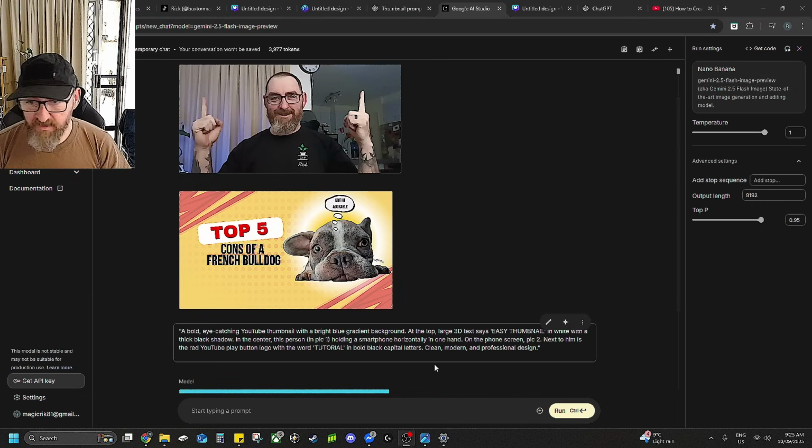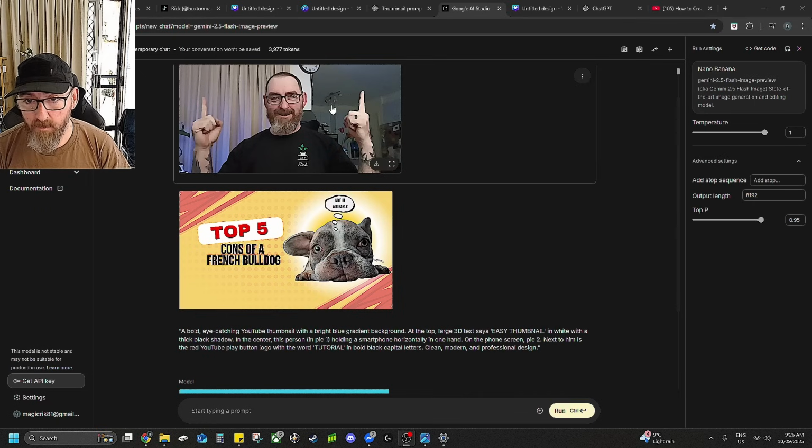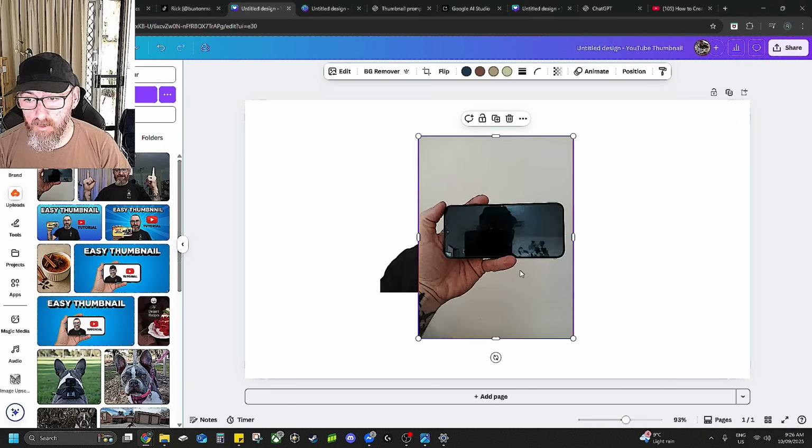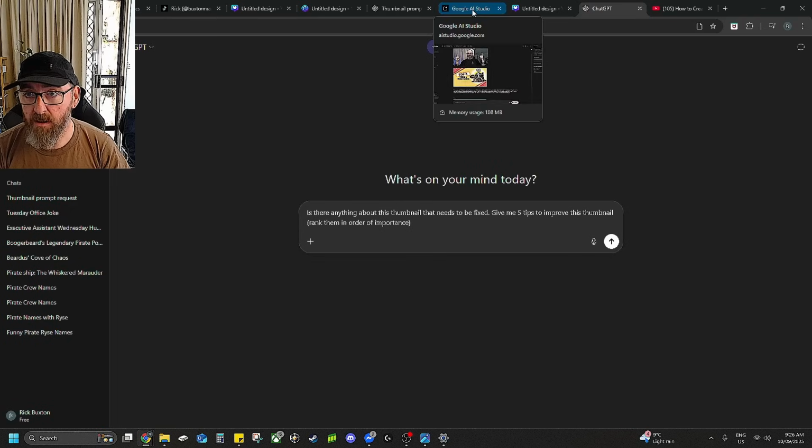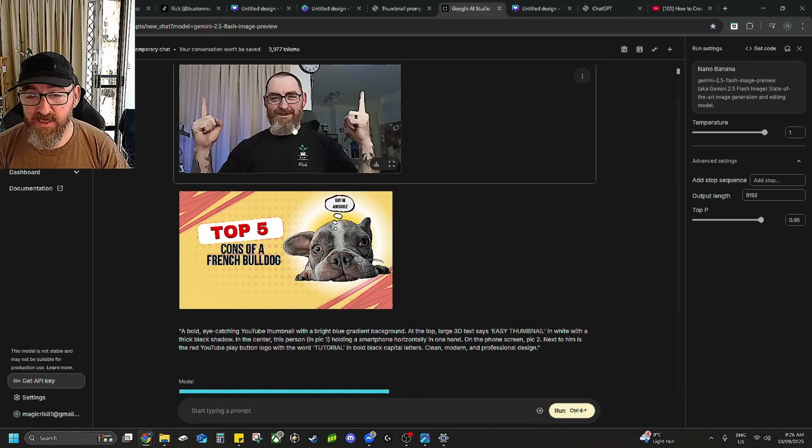So what you can see now is I've copied in the prompt. We've kept the same thing as the previous prompt, but we've altered it slightly. Instead of the hand holding the phone in the center, I've put this person in pick 1, which is myself from the beginning, the photo that we photoshopped back here. So we've taken that same picture, which is here,